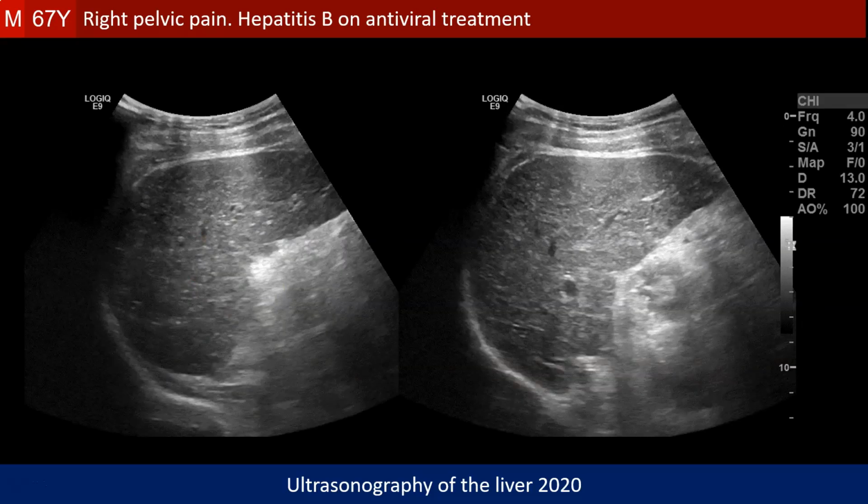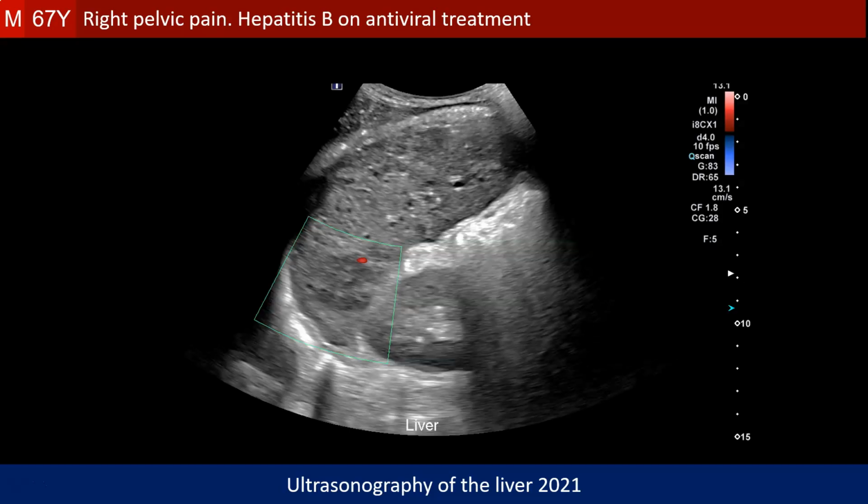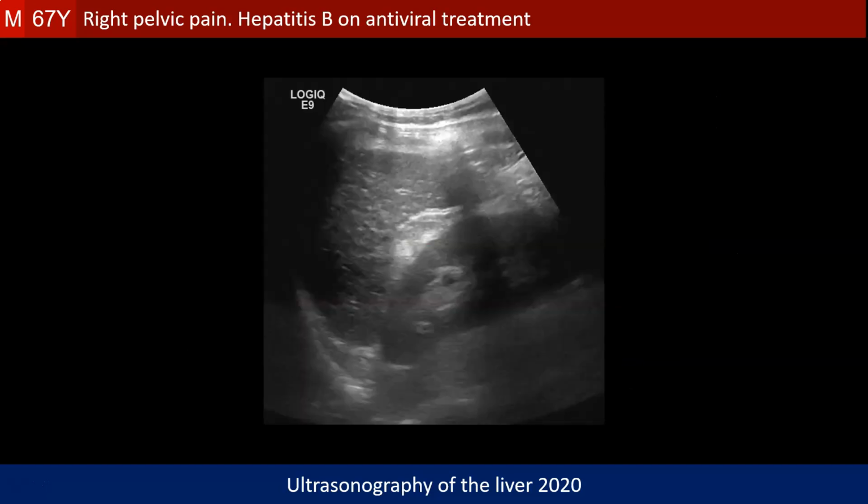And in 2020, he had this ultrasonography which was negative also as far as the hepatocellular carcinoma screening was concerned. And immediately after this ultrasonography, he had the right pelvic pain and the heavy metastasis of the bones. This is the ultrasonography done after discovery of the bone lesions, and it shows a lesion that should raise the possibility of hepatocellular carcinoma. Looking retrospectively at the exam of 2020, there is a lesion at the same location, but